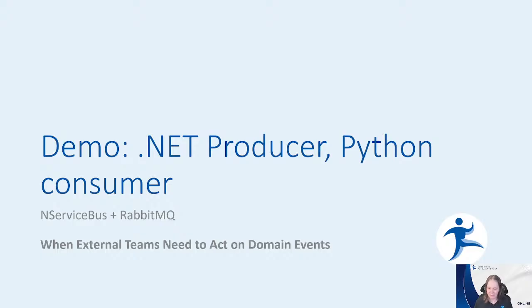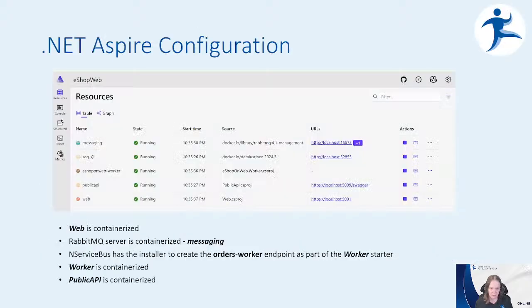So let's do that. Just so you know, with that, we are going to be using .NET Aspire from here on out. The reason for that is I like having most of my dependencies containerized, installed on my machine. We are going to be looking at ones that matter for us. Messaging, that's our RabbitMQ. And we have our eShopOnWebWorker, that's our NServiceBus endpoint, API, and the web. You don't need to worry about Seq, I just acknowledge that it's there.